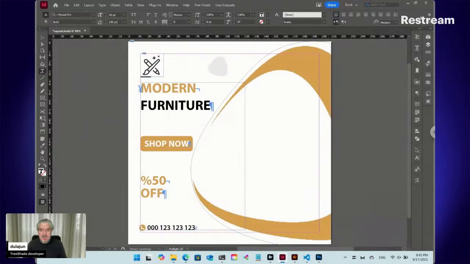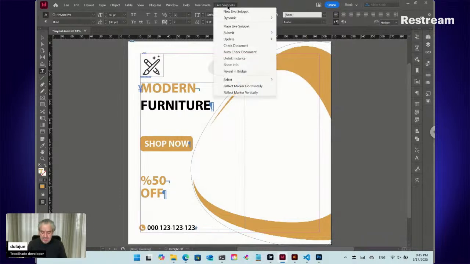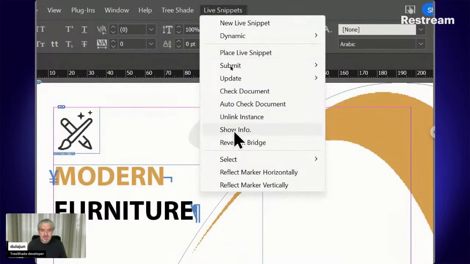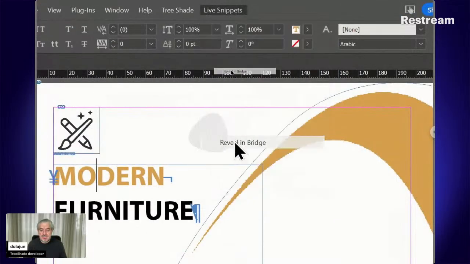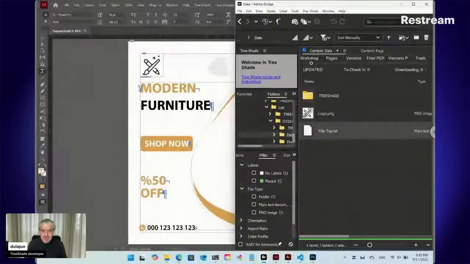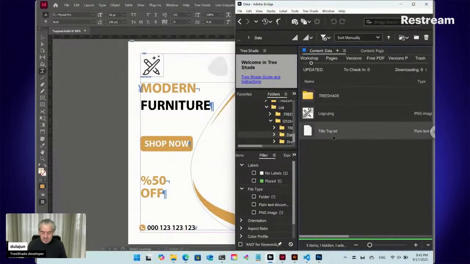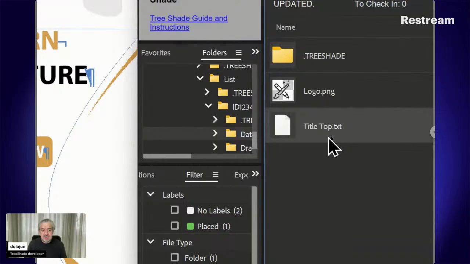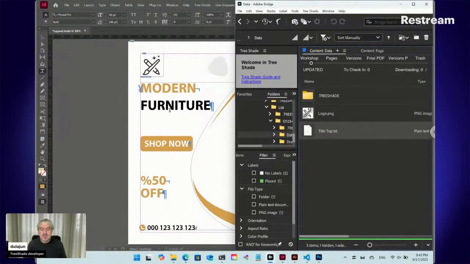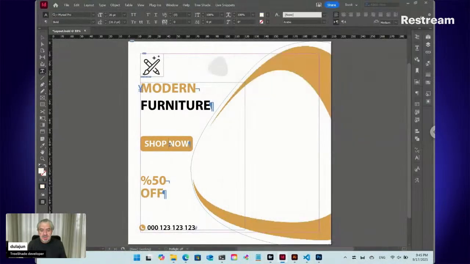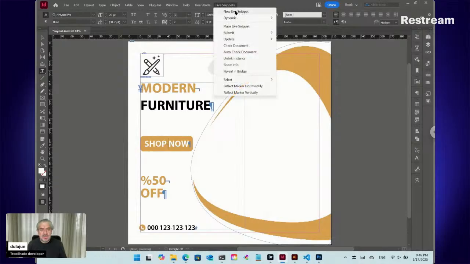Okay, now if you insert the text cursor inside the snippet, you can select from live snippet, reveal in Bridge. So Adobe Bridge shows you the text file, top title. Now the same thing, shop now, live snippet, a new live snippet,